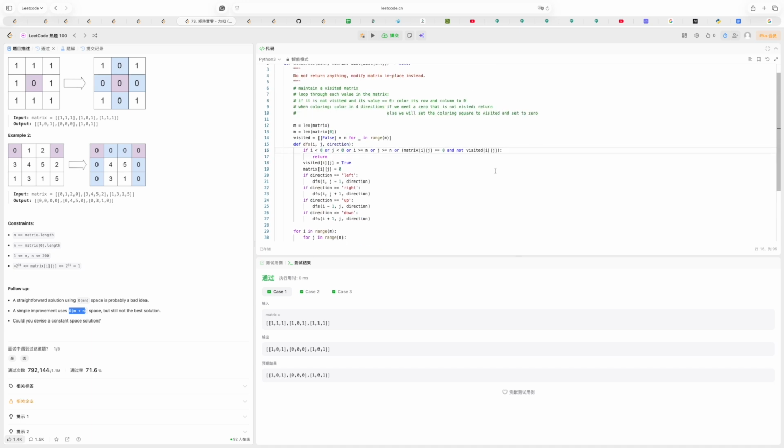So I think the bottleneck is the visited matrix. So I am thinking if we can